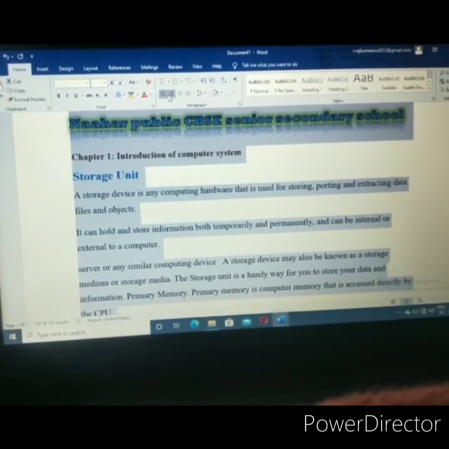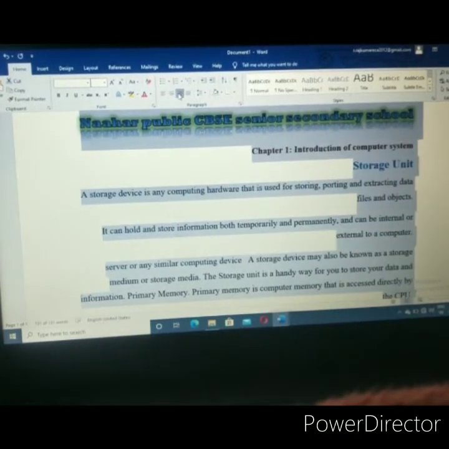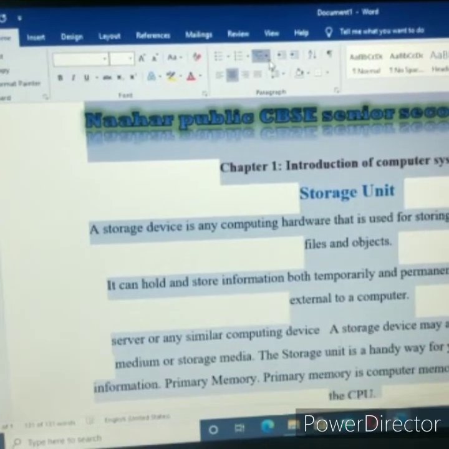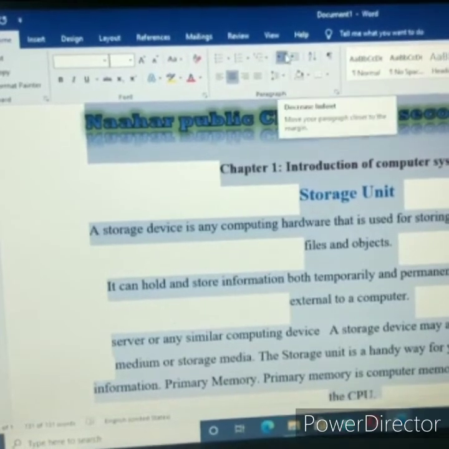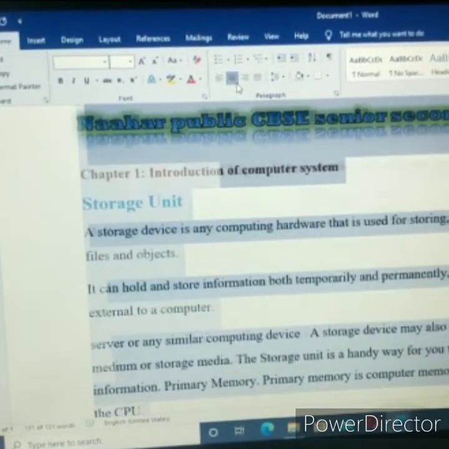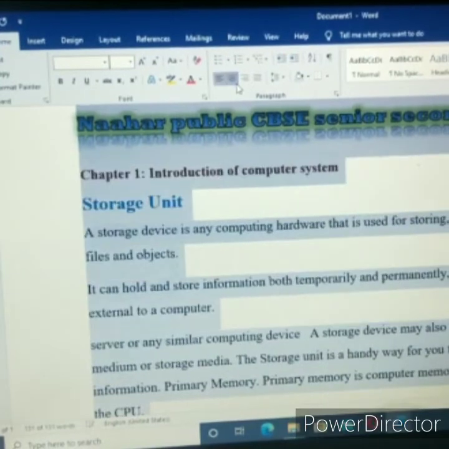Now I'm going to align my paragraph in a proper way. So I just click this one. This is like the center method only.